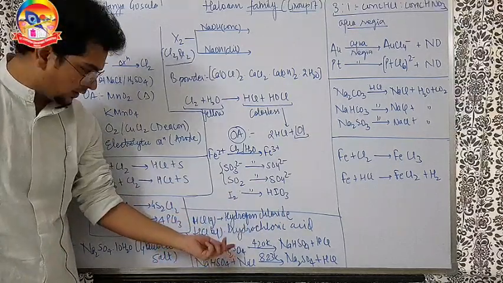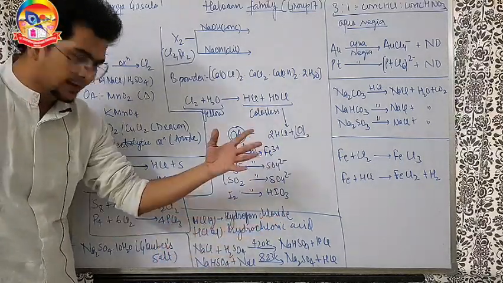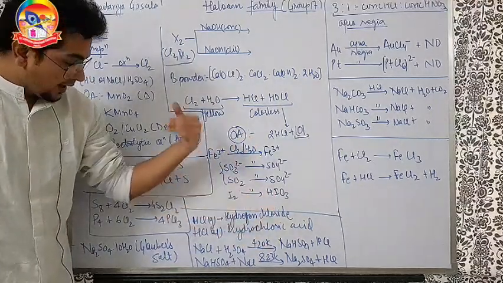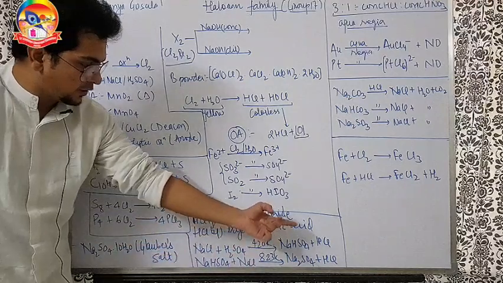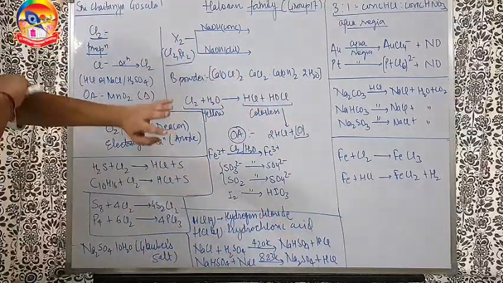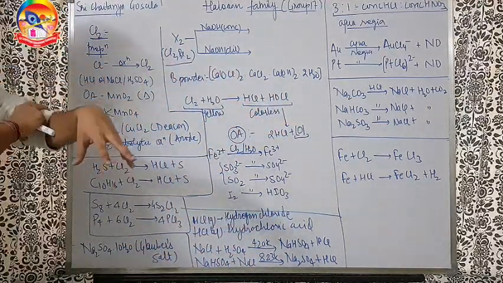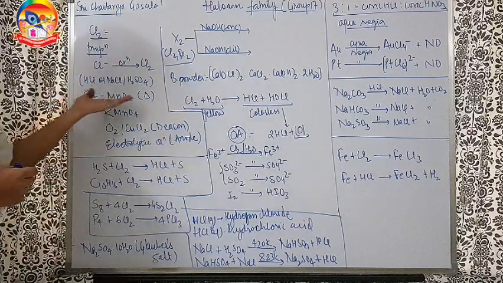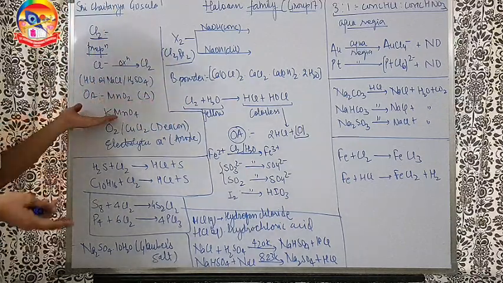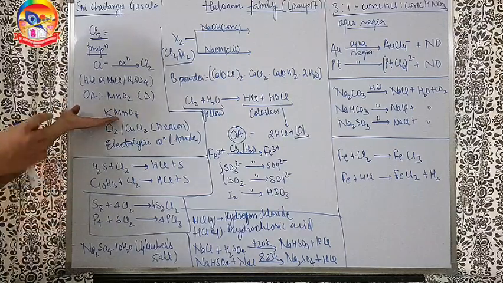NaCl plus H2SO4, H plus will be given and HCl gas comes out at 420 Kelvin. You react at 823 Kelvin, the leftover H plus will also be given and you will get one more HCl. So if you want to get HCl in situ, in the test tube only, take NaCl and H2SO4 there. Oxidizing agents, I can take MnO2 with heat, KMnO4 at room temperature. You can understand KMnO4 is a better oxidizing agent.